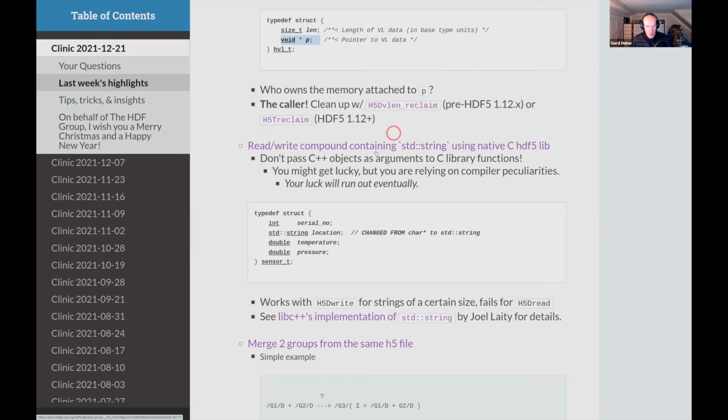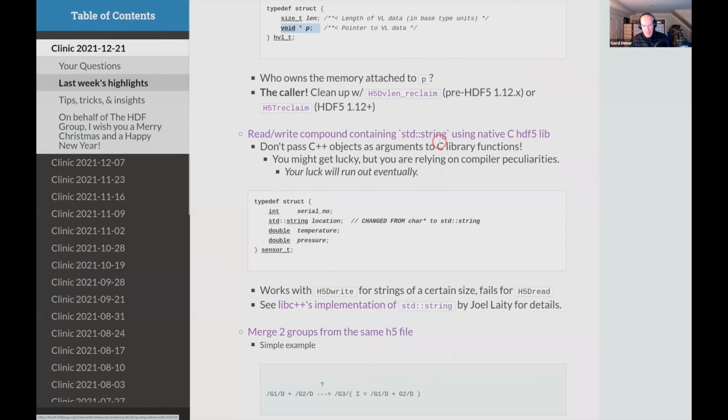There was another question about reading or writing a compound type, and the user just happened to put a fixed size array instead of a char star, or a const char star, to represent a string. They said, hey, why can't I put a C++ std::string in there?